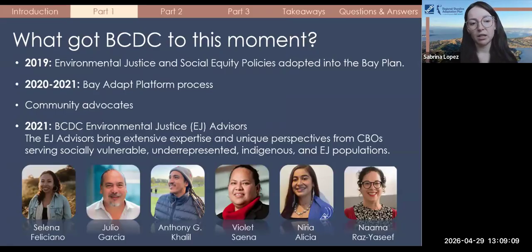So in 2019, environmental justice and social equity policies were adopted into the Bay Plan, which formally acknowledged the region's history of inequity and established expectations that planning decisions must consider impacts on socially vulnerable communities, not just in intent, but in outcomes.